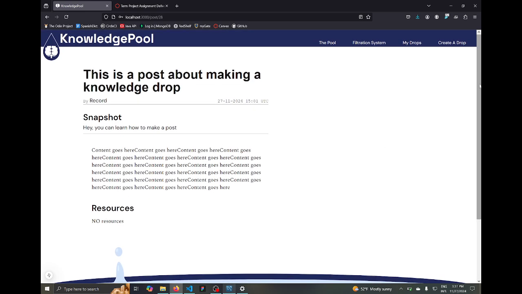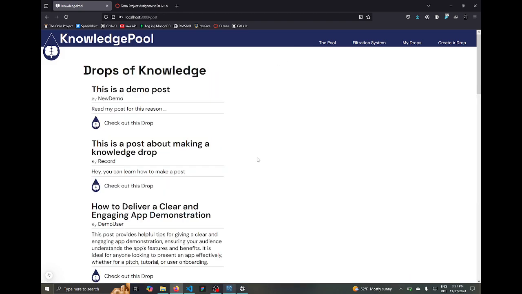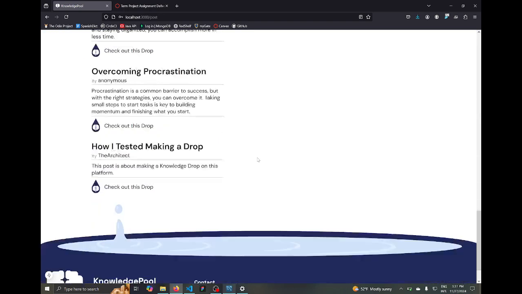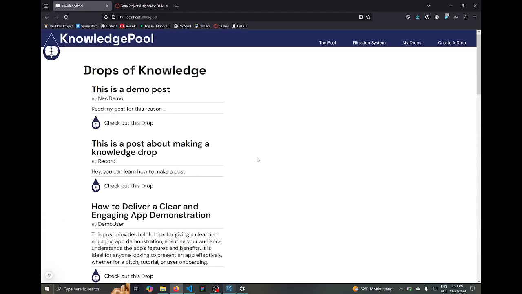And then to help manage misinformation or keep the knowledge pool clean, I would want an ability to report a post if you don't think it meets the guidelines, if it's made it through the filtration system unknowingly, a user believes. But other than that, I think that shows everything.